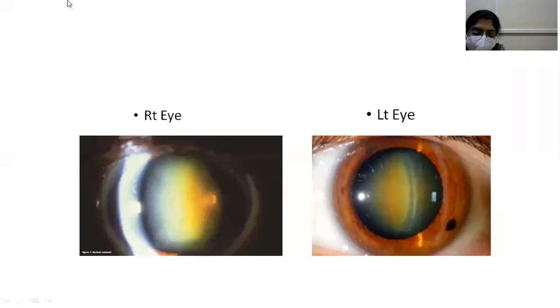What is the color of mature cataract? You said grayish white for immature. What is the color of mature cataract? Brown to black in color. I'm talking about a mature senile cortical cataract. You're right, nuclear cataract can be black. What about cortical cataract? Mature senile cortical cataract. Grayish white, pearly white, milky white. Have you ever heard of it?